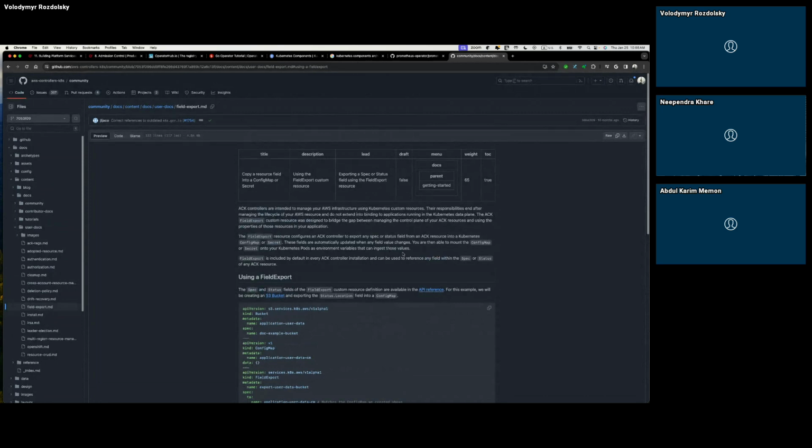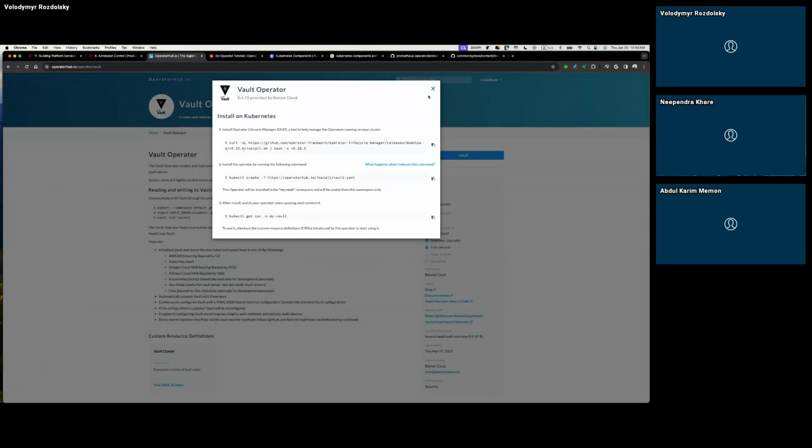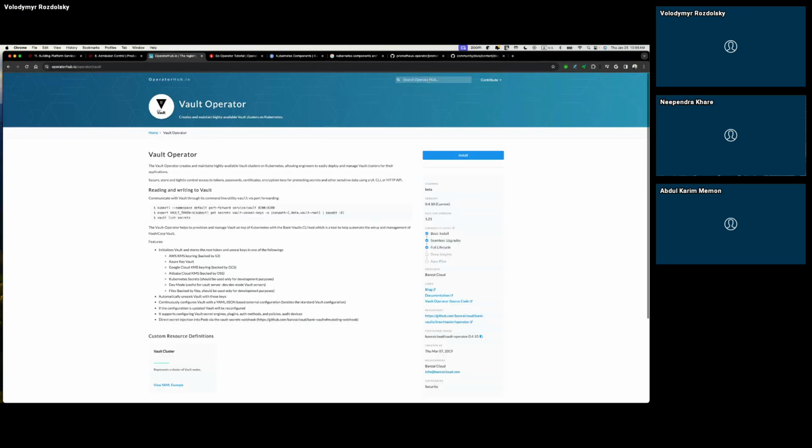Is this also installed as an operator, or is it the control plane? I mean, this is not the control plane. What I'm talking about is Crossplane. Yeah, Crossplane. There's an operator for Crossplane as well, I guess. Yes, interesting.